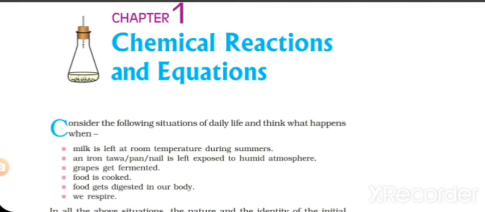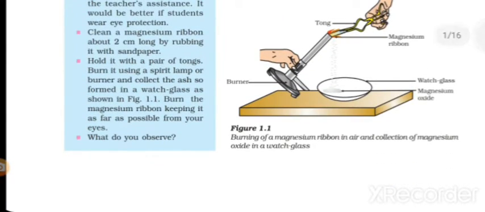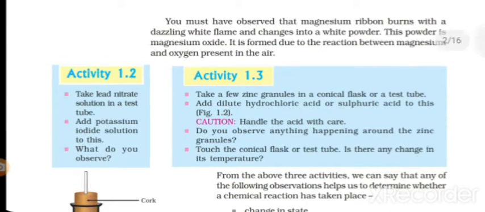Today we will be starting a new chapter of NCERT class 10, that is chemical reaction and equation. So in this chapter we will be going step by step. First we'll have a basic understanding of what this chapter will include. Next we will be going line by line so as to what all is covered in the chapter. And third, your doubts as mentioned in the comment sections if any.